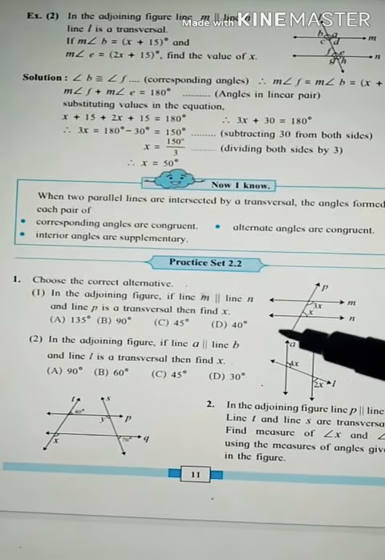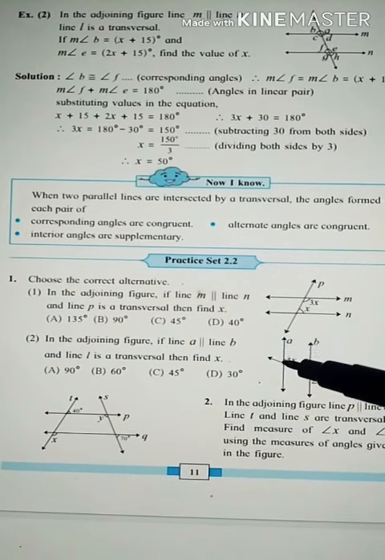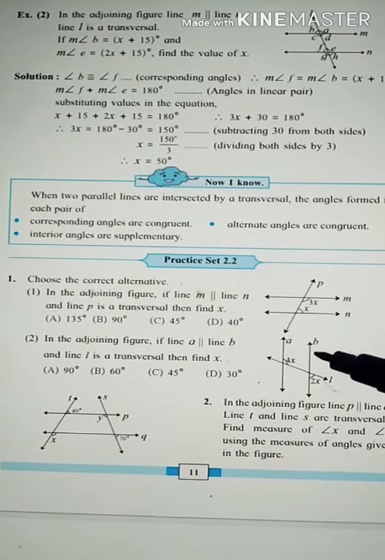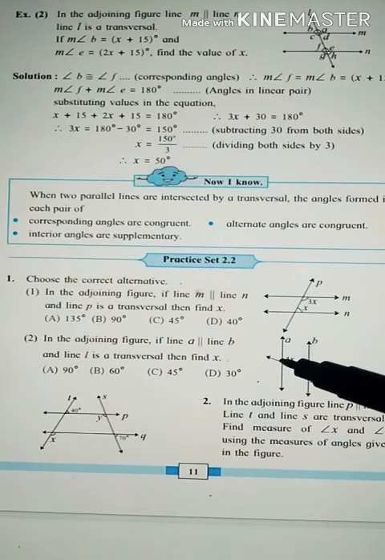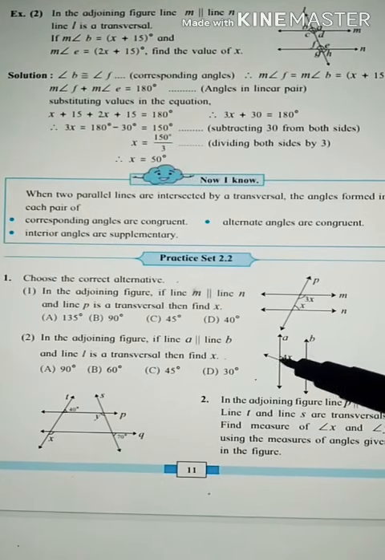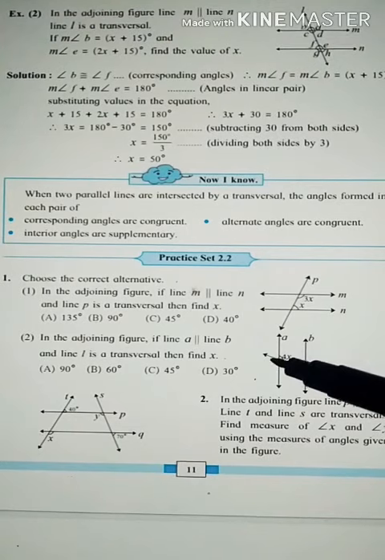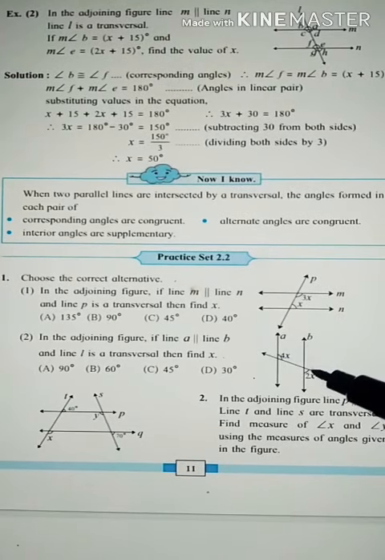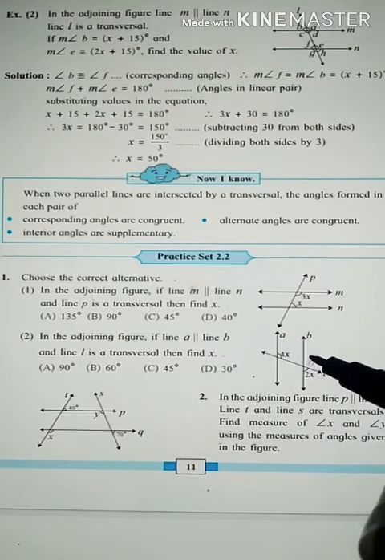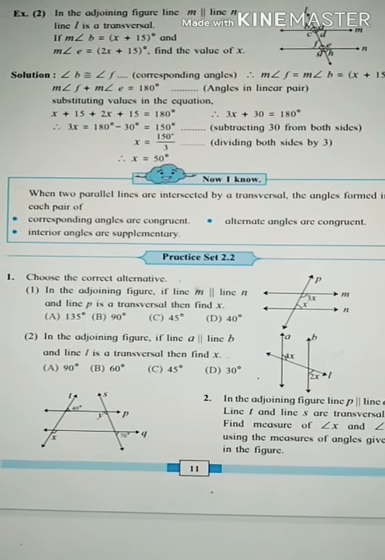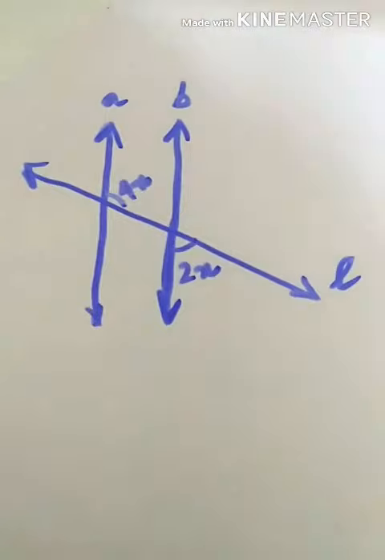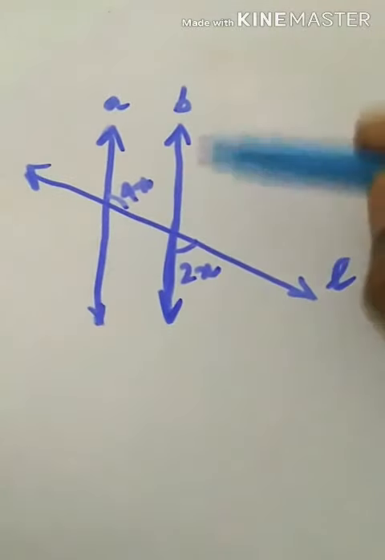What I am trying to do is, I will consider this angle 4x and this angle. Okay, these two angles. I know that they both are corresponding angles. And I know corresponding angles are congruent. So this angle will also be 4x. For your convenience, let me draw the figure. To explain it better, I have drawn the figure now.